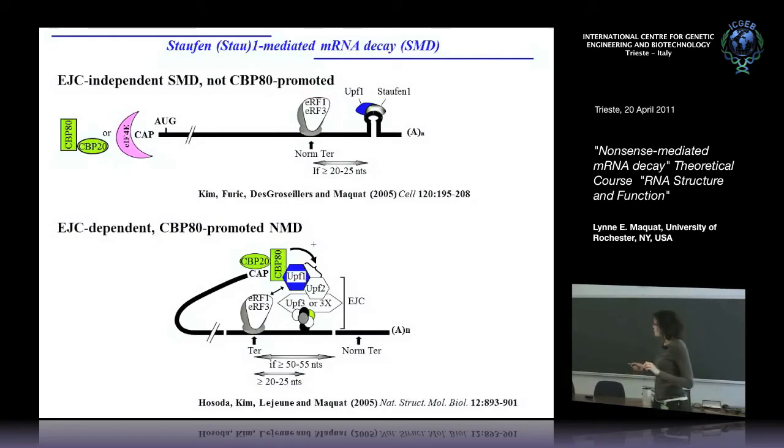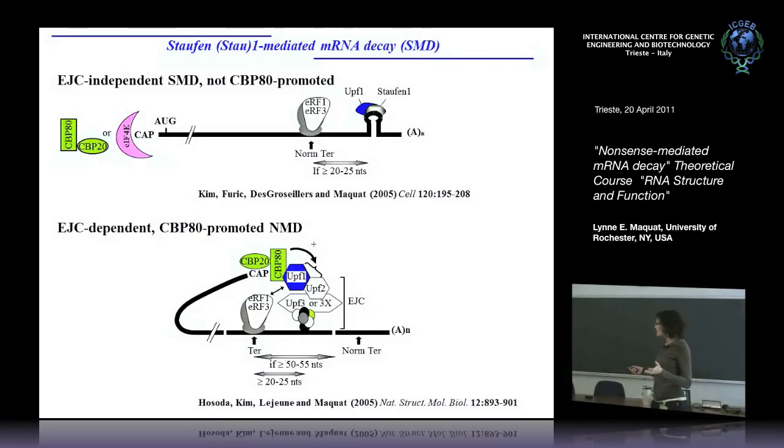So when translation terminates, usually normally in SMD, at a point where the terminating ribosome doesn't physically remove bound Staufen, then mRNA decay is triggered because UPF1 joins Staufen, and that triggers decay. And that's very similar to NMD, where when translation terminates prematurely, then UPF1 joins the EJC, and that triggers mRNA